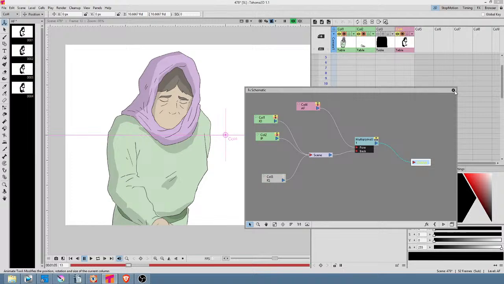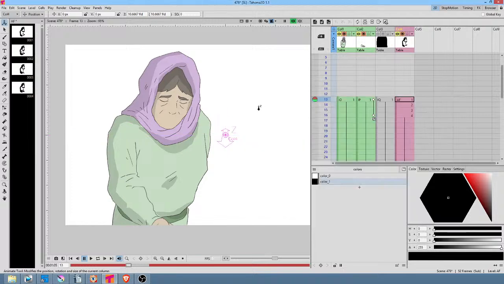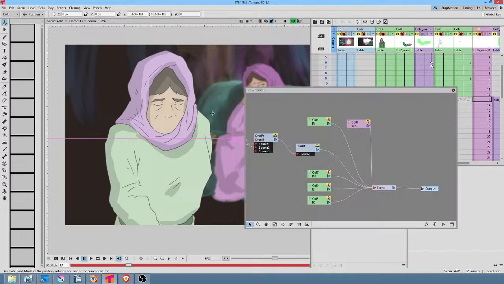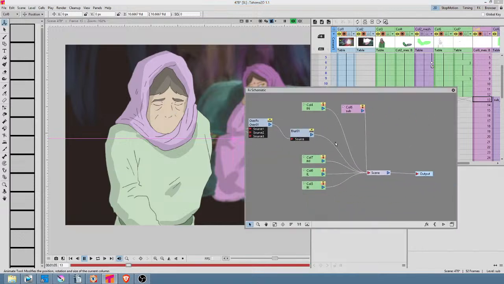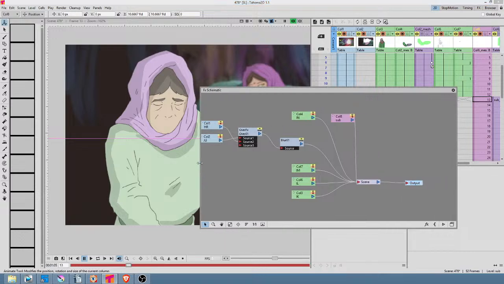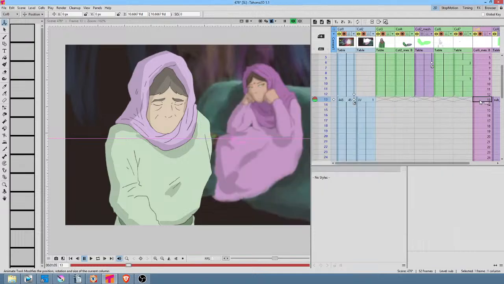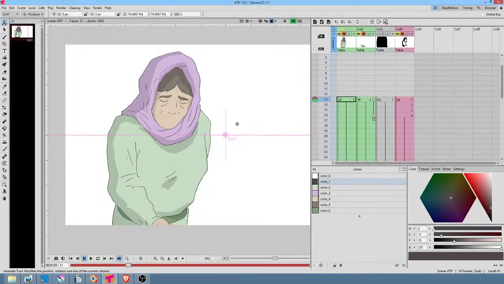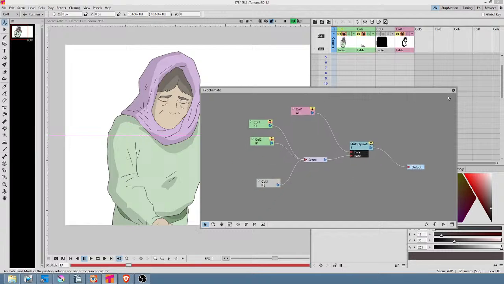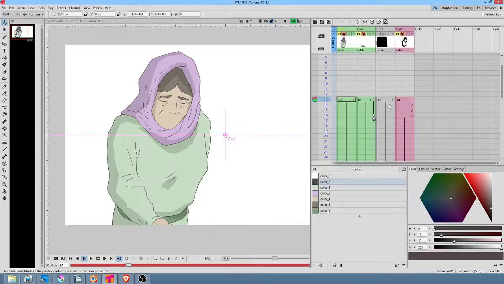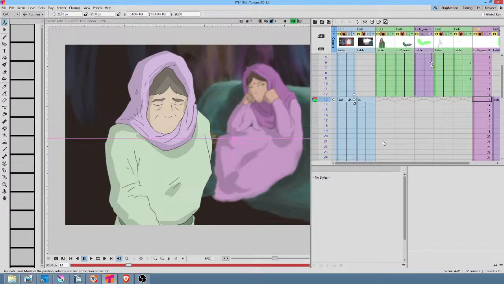By the way, one thing that is kind of nice, I do like about the way Tahoma's schematic works, is that when you have a sub X sheet or a sub scene, I have to keep reminding myself to call it a sub scene, it's pretty nice that the schematic elements that are visible in that schematic are limited to the sub scene itself, right? So in other words, sub scenes actually become a way to keep your schematic a little less cluttered if you tend to do a lot of post-production effects and stuff like that. So anyway,